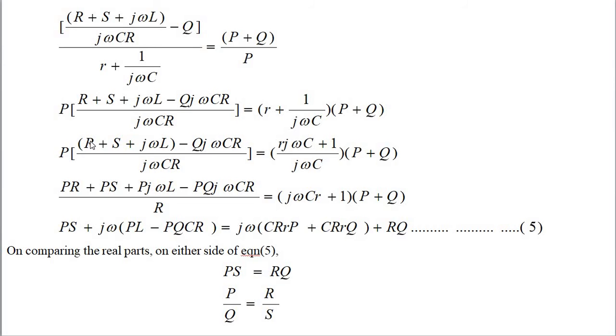So our equation is, when we multiply this R, P with R, PR plus PS plus P into j omega L minus PQ j omega CR divided by P. Here j omega C cancels, R is equal to j omega CR plus 1 into P plus Q. So this equation becomes PS plus j omega into PL minus PQCR, that is equal to j omega CR into P, okay, plus